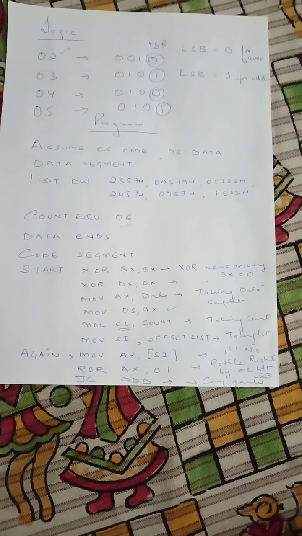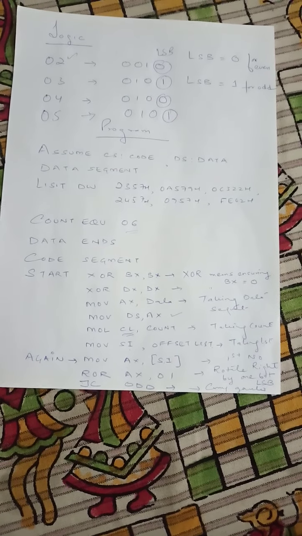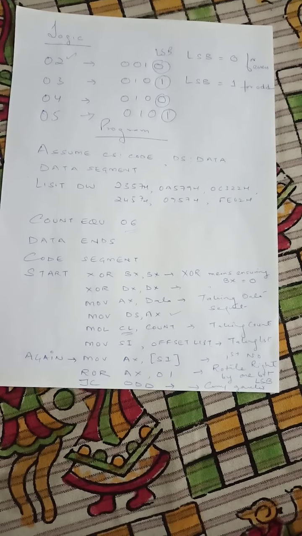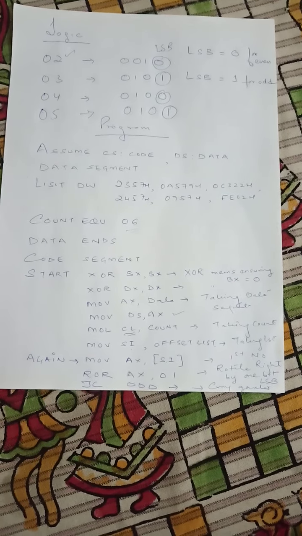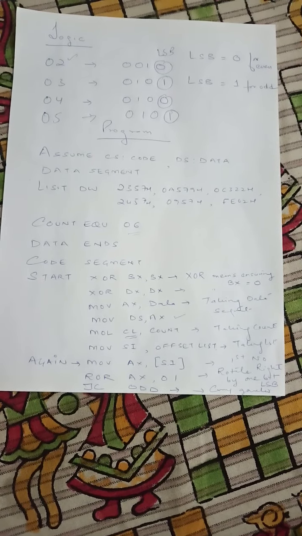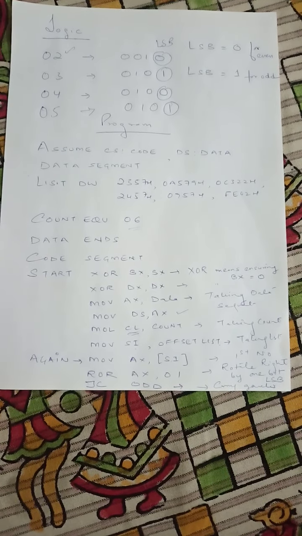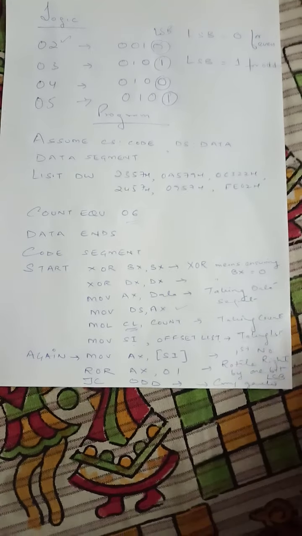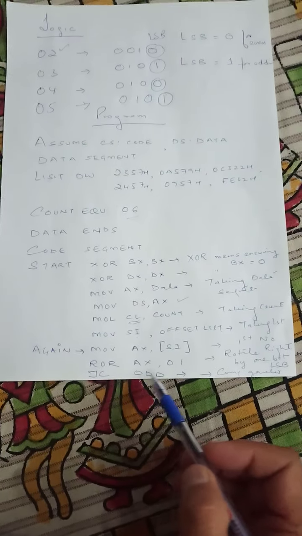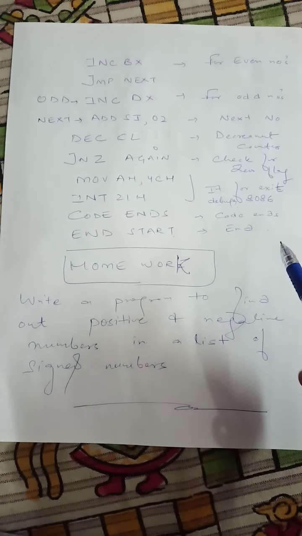When we rotate by 1 bit, the LSB will become a part of the carry flag. So if the LSB is equal to 1, automatically the carry flag will reflect 1. And if the carry flag is equal to 1, this number will be an odd number. So we use a jump command, jump if carry. Now if carry is developed, the number is odd, so we jump to a different location,